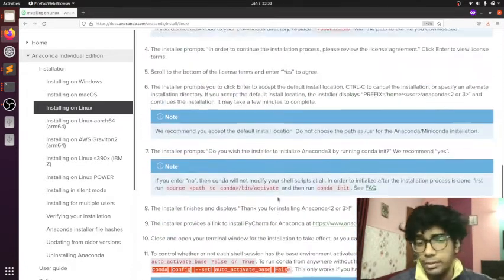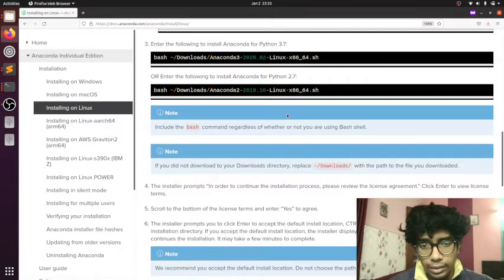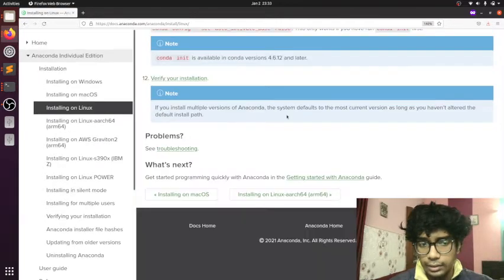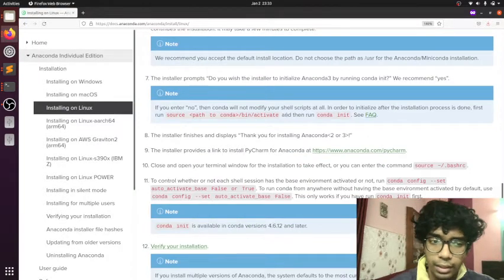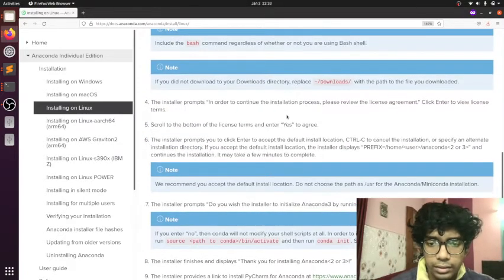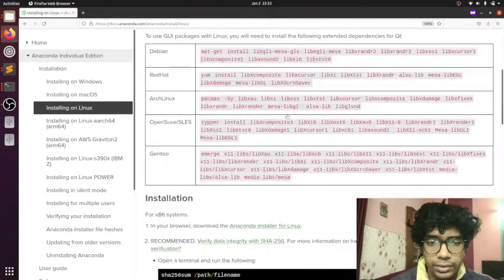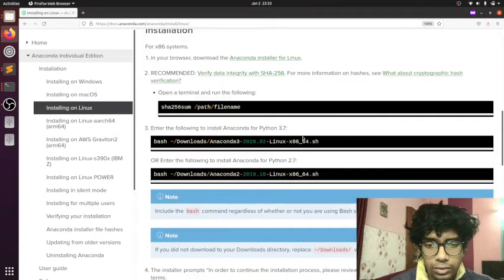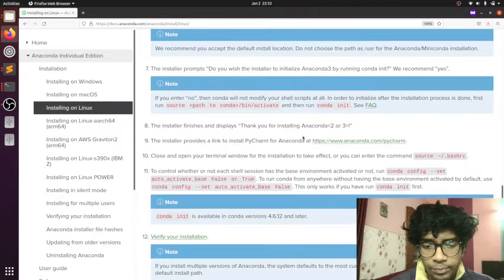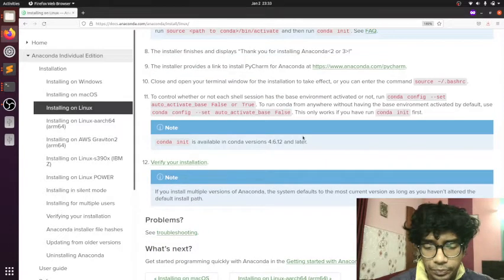You might verify, you might not verify. Now these are some standard steps. I think you will be very comfortable with this, given the fact that you have already seen the Windows installation, and even if not, it's pretty much easy. Just download, copy, paste and run these commands. It would be extremely simple for you. Once you're done,